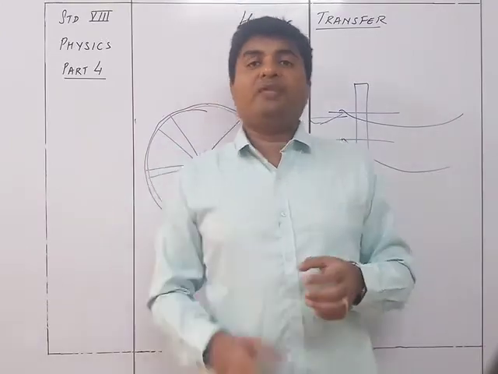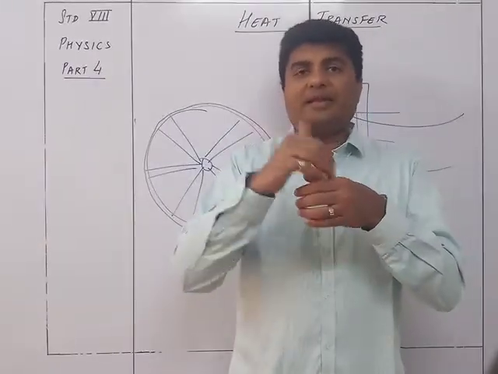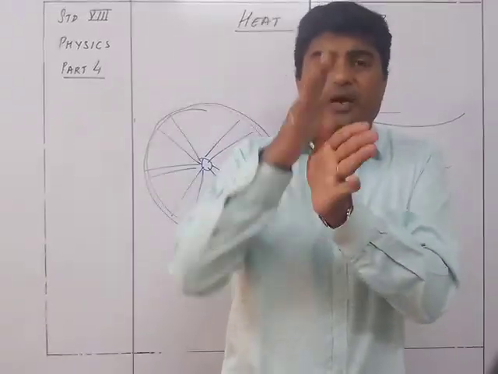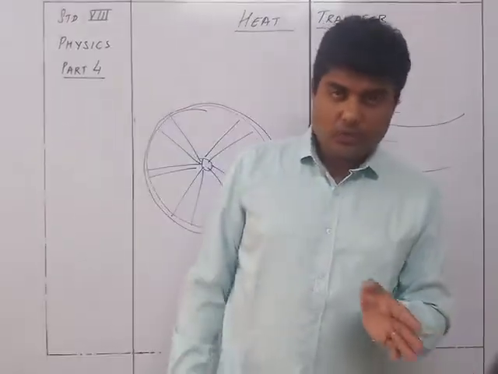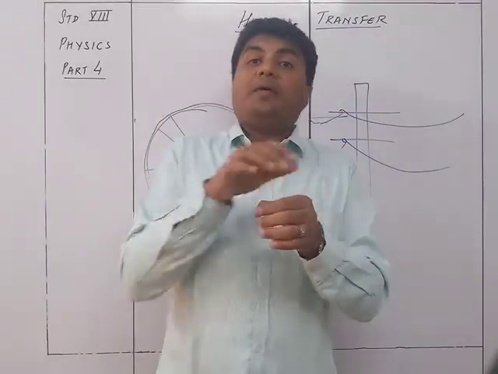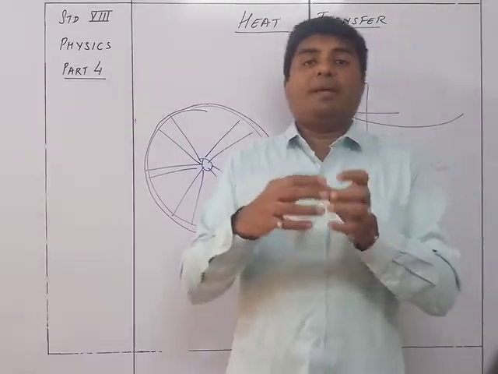Because normally if it is a thin glass, you pour the tea inside, automatically the outer side and the inner side both are going to be hot enough. So there won't be a difference in temperature between the inner part and the outer part. The inner part and the outer part are going to have the same temperature if it is a thin glass. But with a thick glass, the glass being a poor conductor of heat, that's why बाहर से वो ठंडा